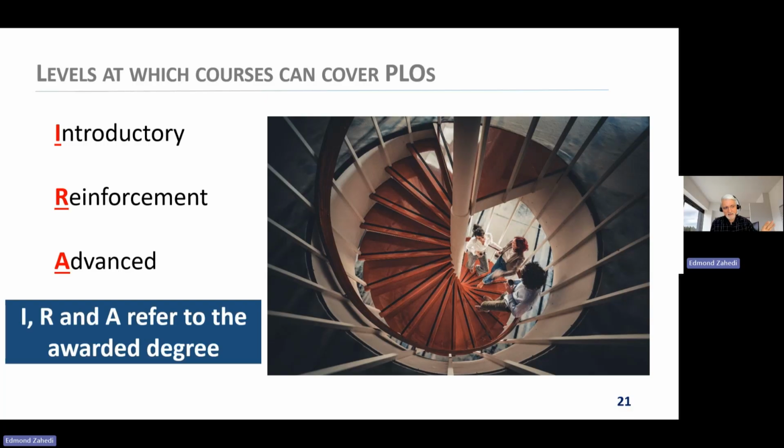Please note that I, R, and A all refer to the awarded degree, which means this advanced does not mean Nobel Prize level, right? So IRA for an undergraduate degree is different from the IRA for a master's degree, which is different from IRA for a PhD.